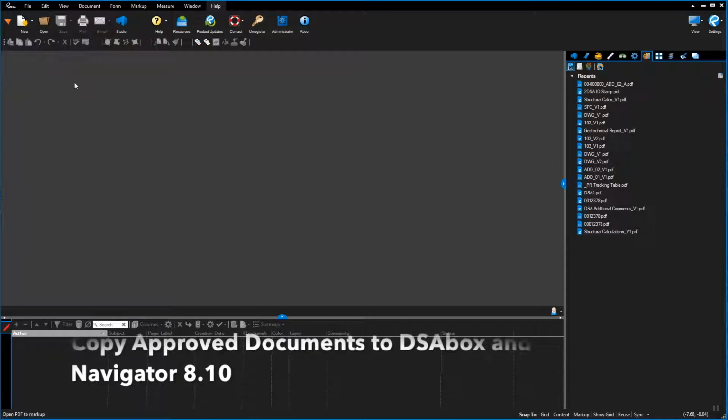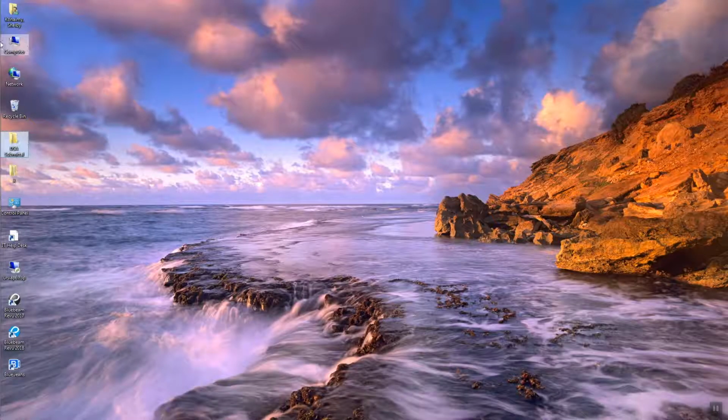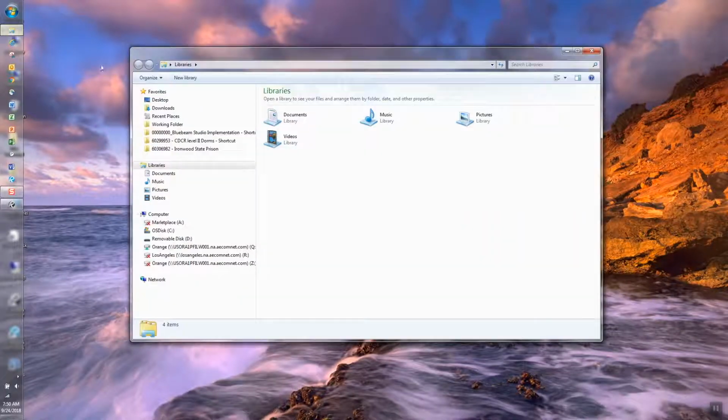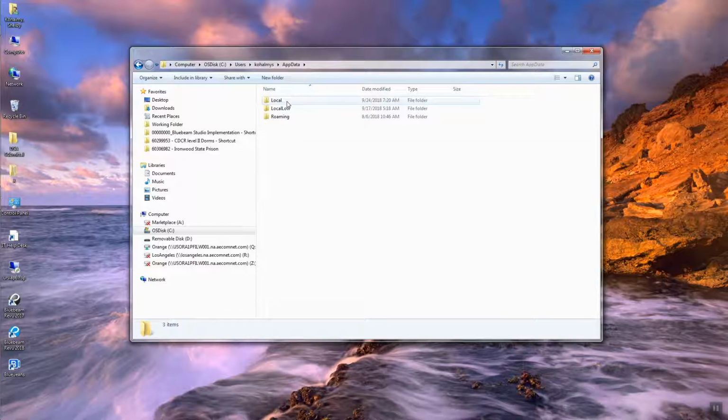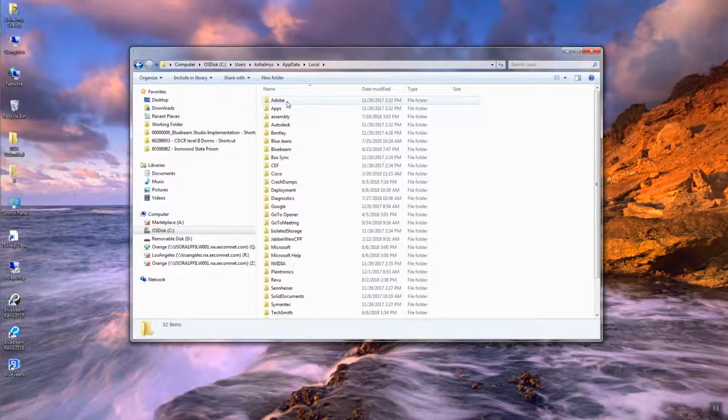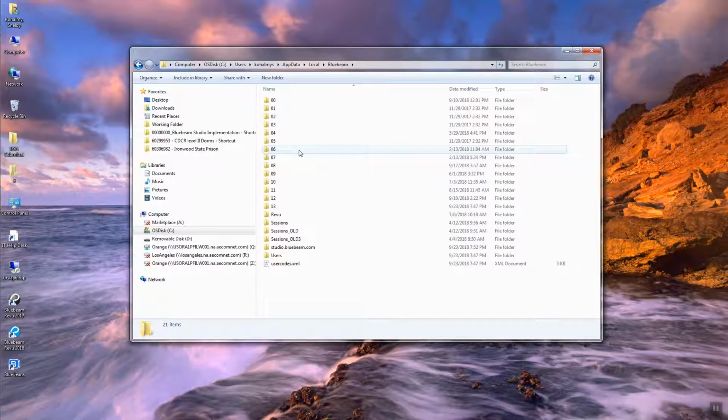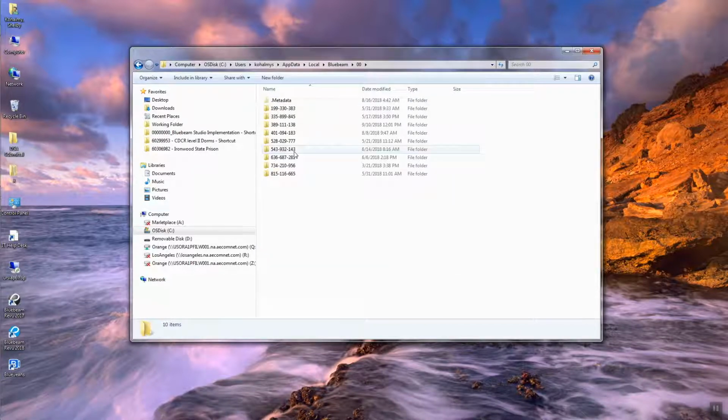Copy approved documents to DSAbox and Navigator. Open Windows Explorer window. Go to the following location: the C drive, Users, Computer Login Name, Application Data, Local, Bluebeam, the 00 folder, select the project ID for the project that was just stamped and approved, select the 0